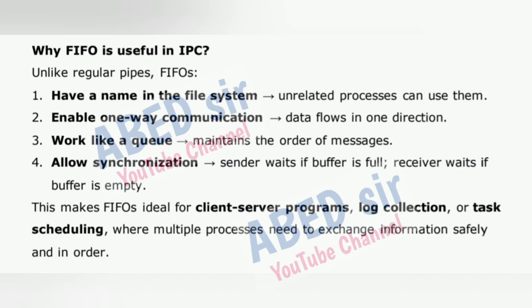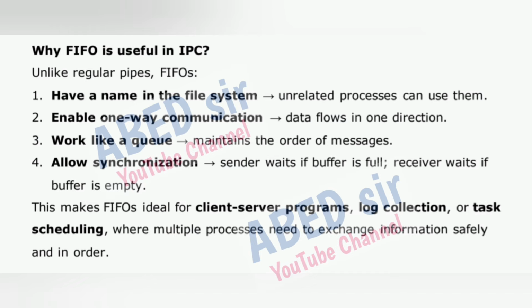Why is FIFO useful in IPC? Unlike regular pipes, FIFOs: 1. Have a name in the file system, so unrelated processes can use them. 2. Enable one-way communication, data flows in one direction. 3. Work like a queue, maintaining the order of messages. 4. Allow synchronization: the sender waits if the buffer is full, the receiver waits if the buffer is empty. This makes FIFOs ideal for client-server programs, log collection, or task scheduling, where multiple processes need to exchange information safely